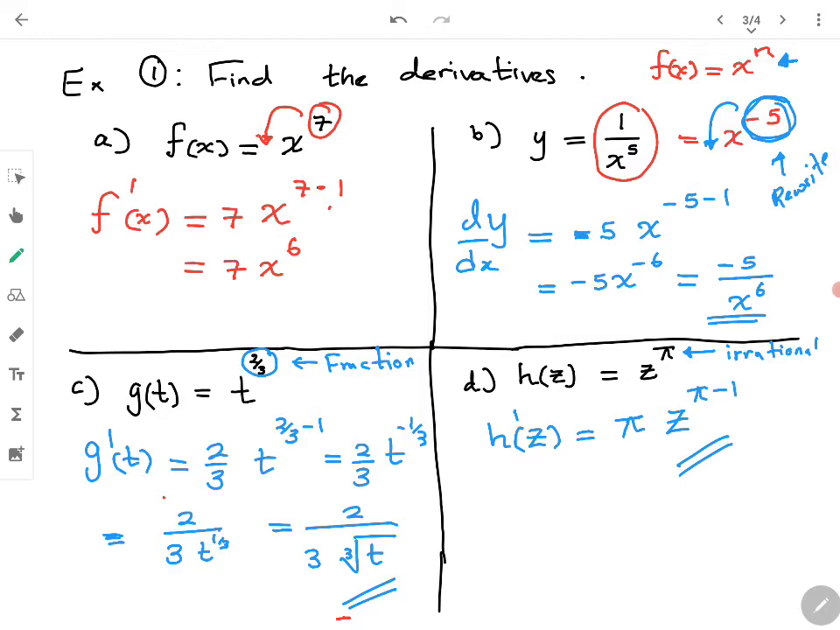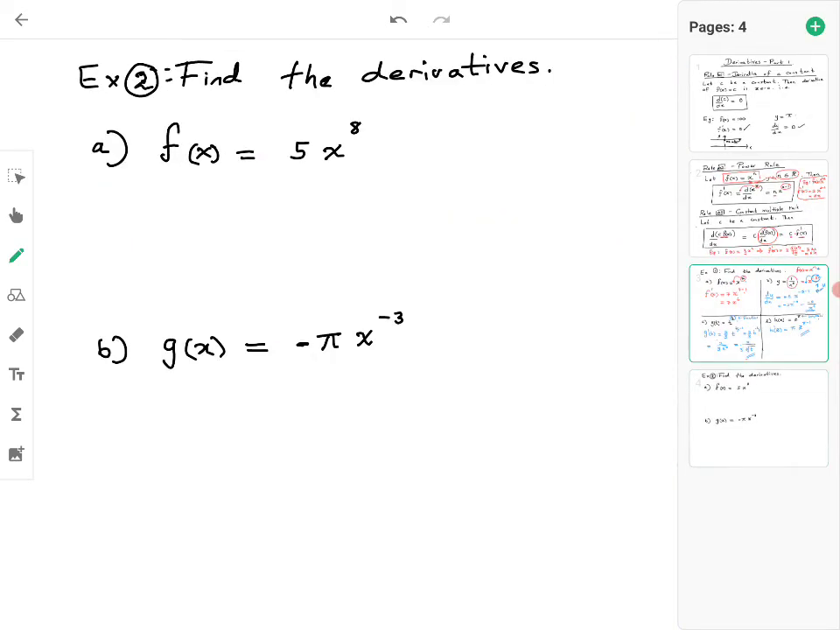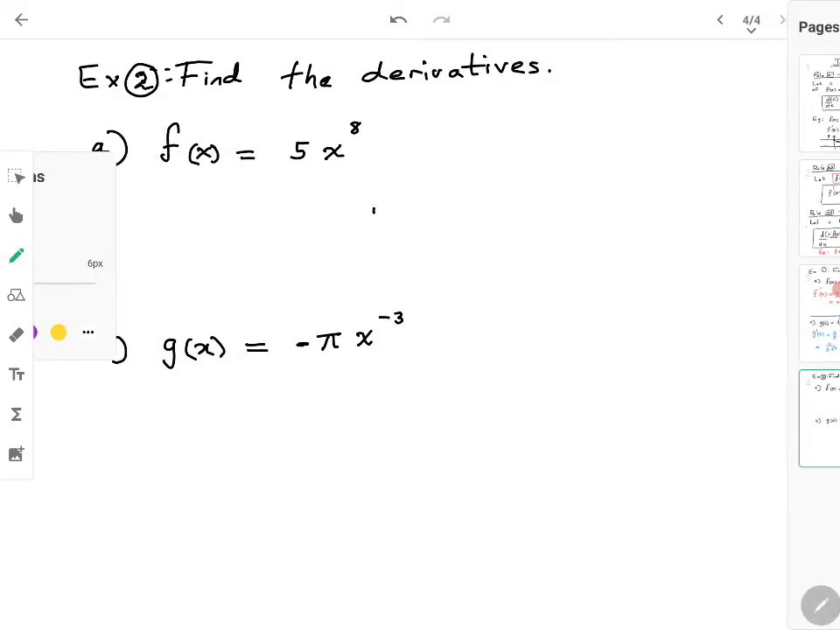So that's how you use the power function rule. You can use it for positive powers, negative powers, fractional powers, and irrational numbers. So any real number works. Now let's do a couple of examples on the constant multiple rule. So here